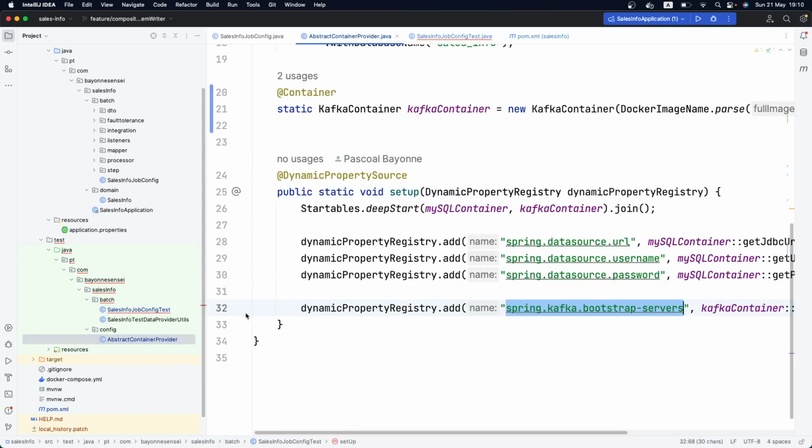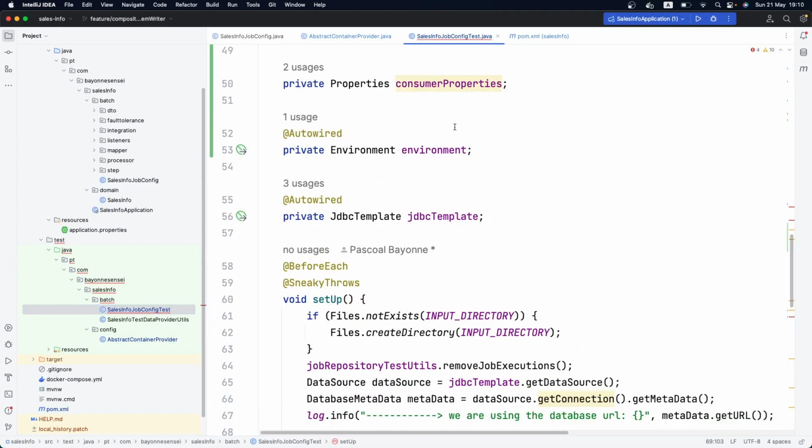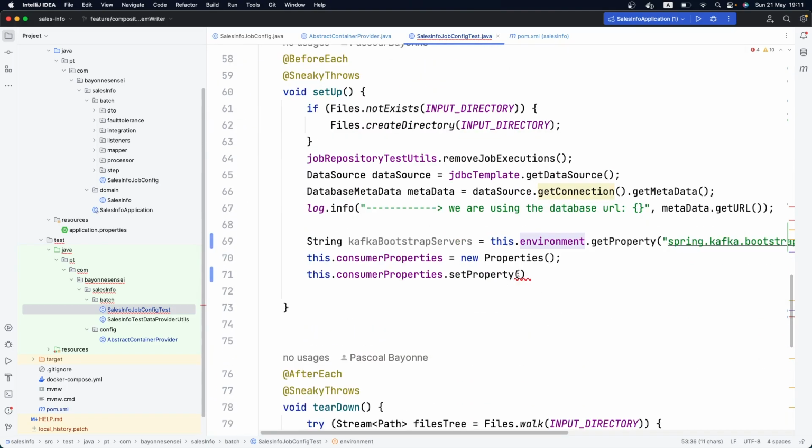So we added it here, this is the key, right? And in order to get it, you can use different ways, but I like to use the environment from Spring. So now that we have here